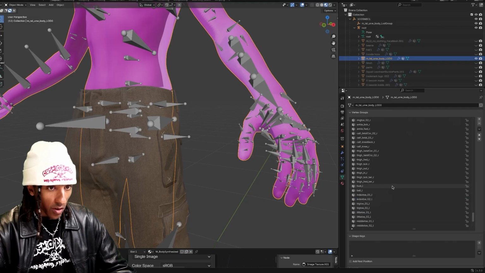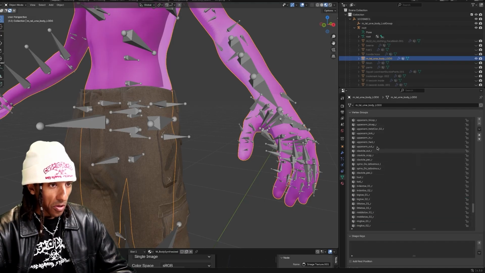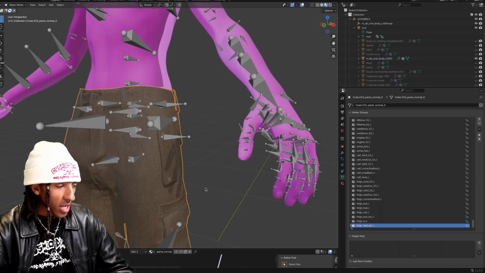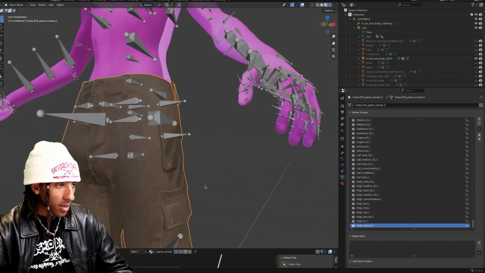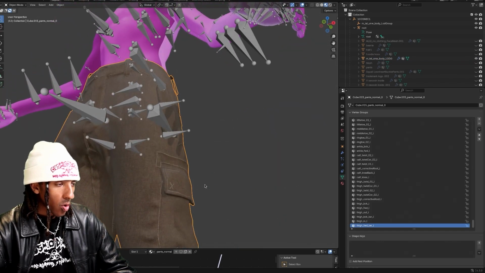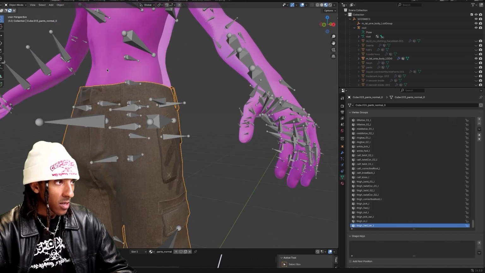See all of these vertex groups, these are folders, but they have real deal data inside of them. You can't see them, but it's there. So what I'm finna do is transfer all of this vertex data into these pants. So whatever data is in